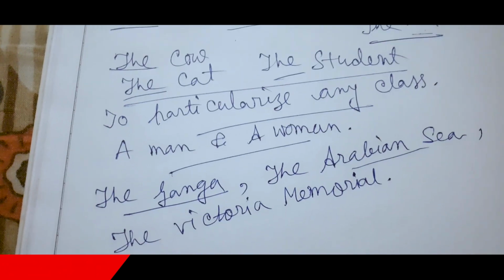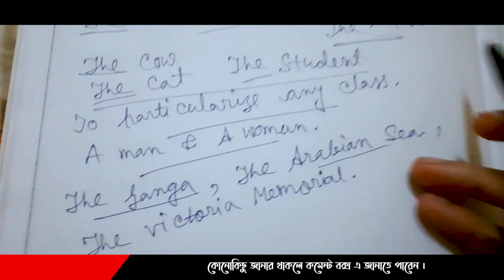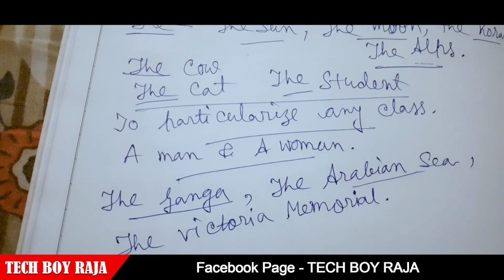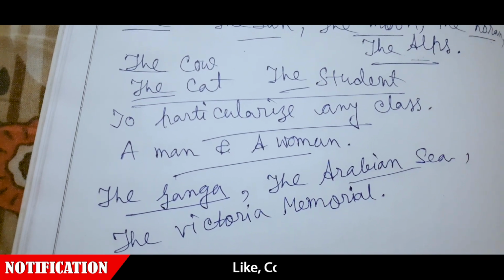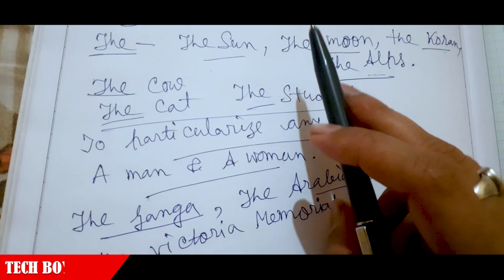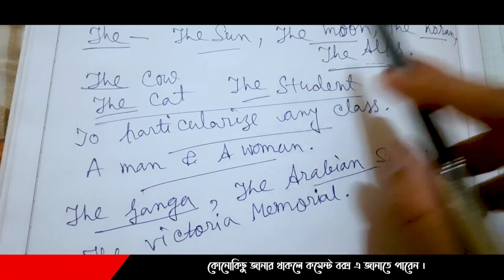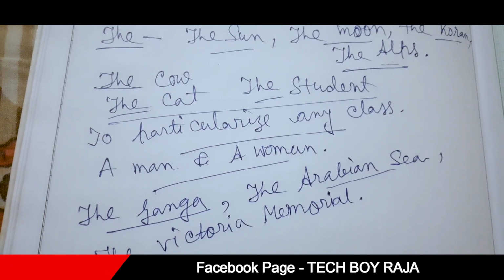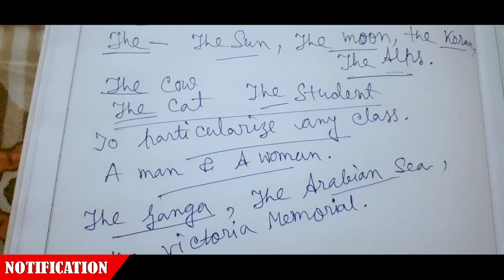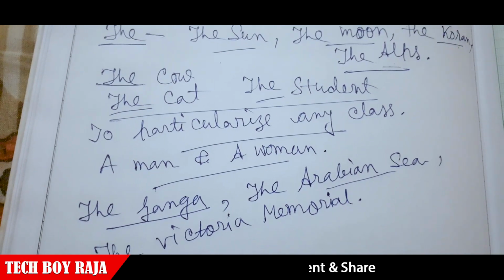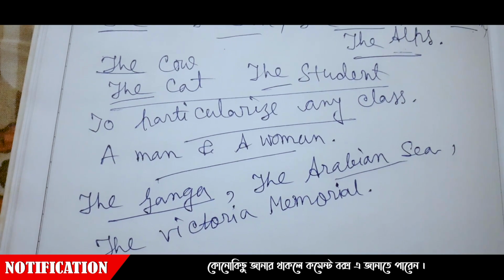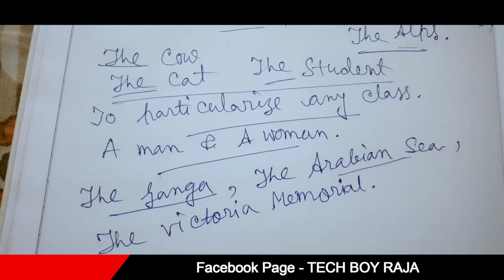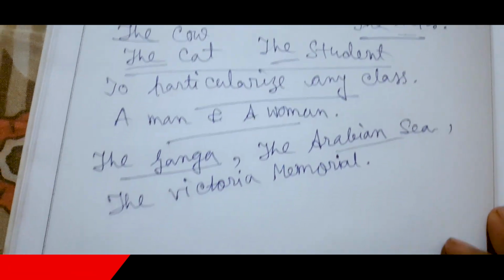Okay, then before the name of books, I also told already, before the name of any books like Ramayan, Mahabharat, Veda, any books, there will be the, and for natural objects, to particularize anything we have to use the. Like this, no other proper nouns go with an article, all others stand independently. And whenever we are using it for any musical instrument or sometimes for any superlative degree, sometimes not, obviously for superlative degrees all the time, like